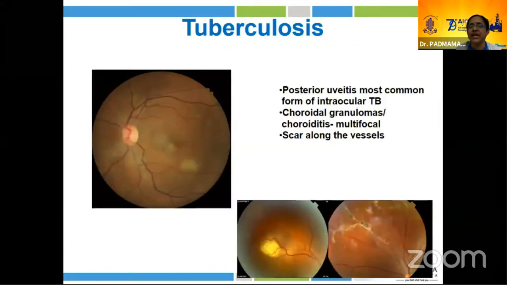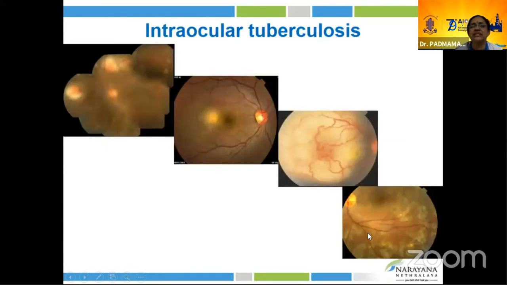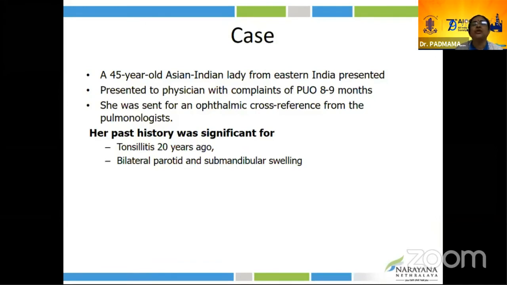The next comes the choroiditis. Commonly what we see is tuberculous choroiditis. It can be present in the form of yellowish-white lesions underneath the vessels, can be associated with retinal vasculitis, that is, scarring along the vessels. It can have varied presentations like serpiginous-like choroiditis, subretinal abscess, choroidal tubercle. These are the various morphological variations of tuberculosis.